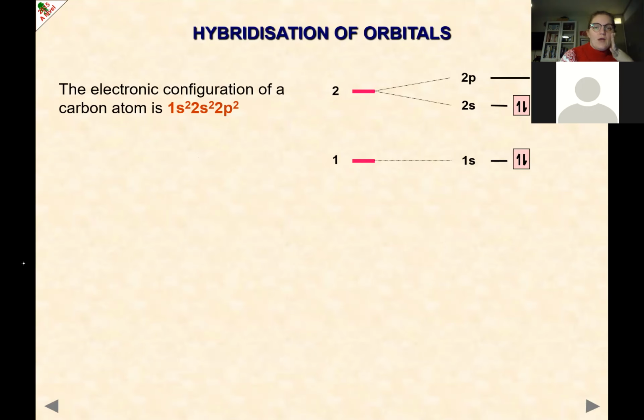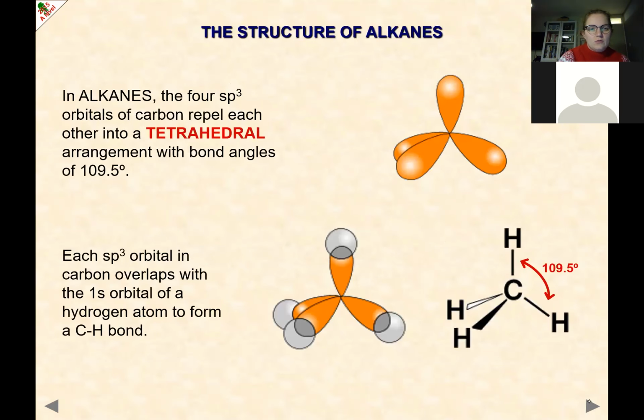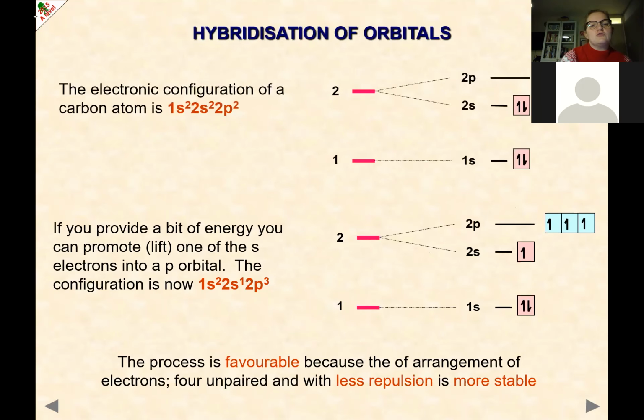So, hybridization of orbitals. We're just going to skip this because we don't really need that right now. Basically, actually, I'll keep this up for a second. It's basically talking about why alkanes make a tetrahedral shape. So we always go, oh yeah, alkanes are arranged tetrahedrally, but why? Okay, so